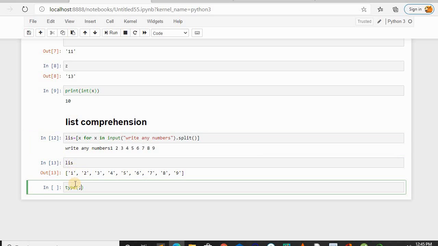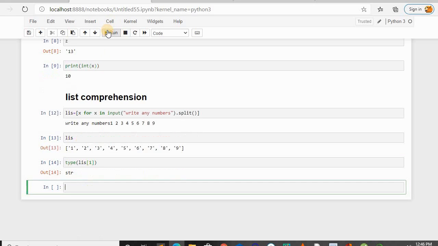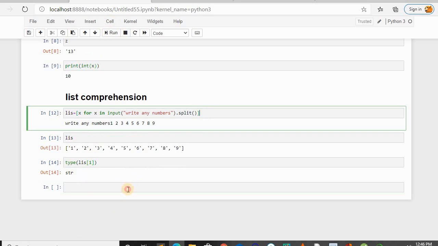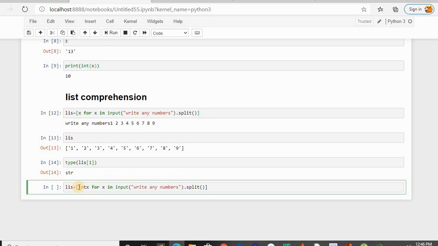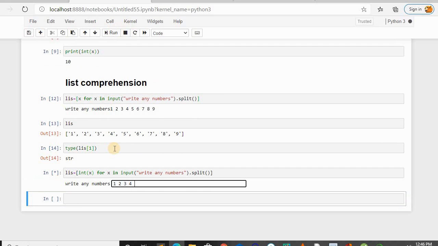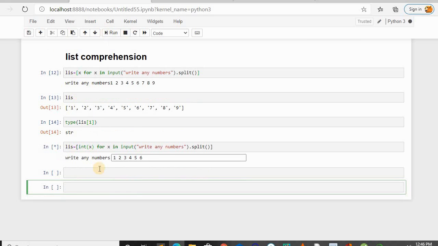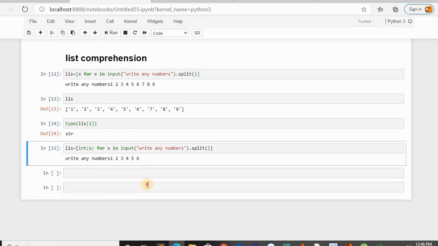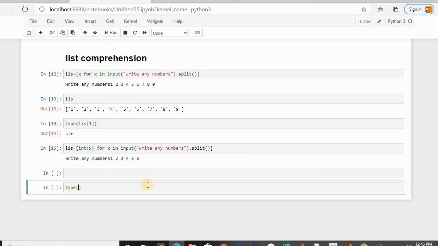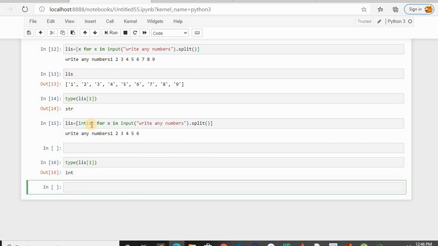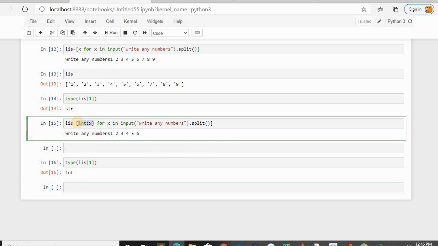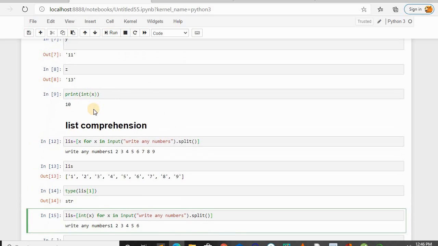See, and I'm going to check the type of the numbers. See, everything is string only. So beforehand itself, we have to convert to integers. That is the typecasting we have to use here. Okay. So if I run this code and now I print some numbers, and now if I check the type of the numbers present in the list, it will show int. Now we have typecasted the numbers present in the list. So this is how to take multiple input from the user using the list comprehension.